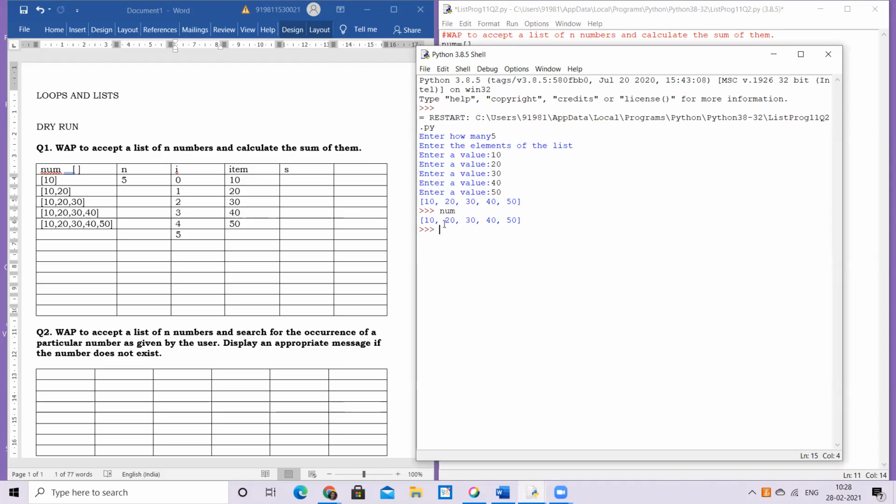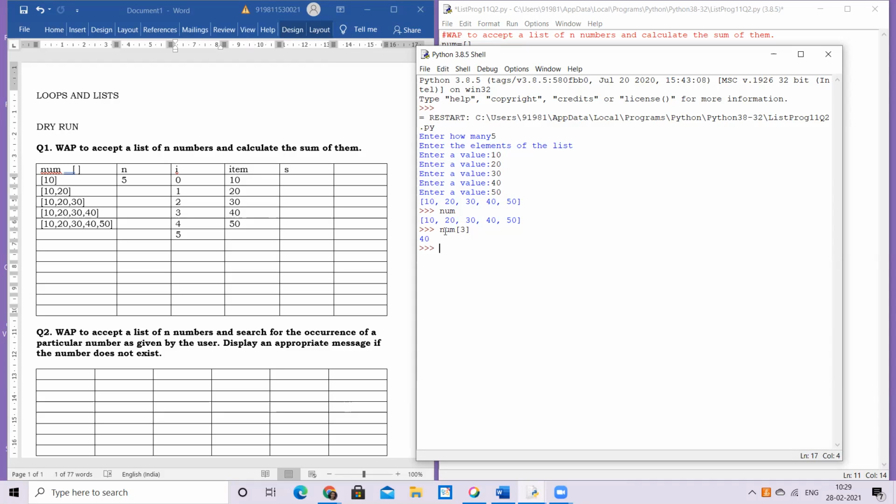Okay. The list elements are stored and identified by their index values. What are these index values? The first element has an index value 0, the second element has 1, the third element has 2, and henceforth. Okay, it's predefined by the compiler, so it's there. I really don't have to define that. Okay, now how do I access it? I access it by specifying the name of the list and in square bracket the index value. What index value data do you want to access? I want to access the third index value data. Okay, so 0, 1, 2, 3. This data will be accessed.